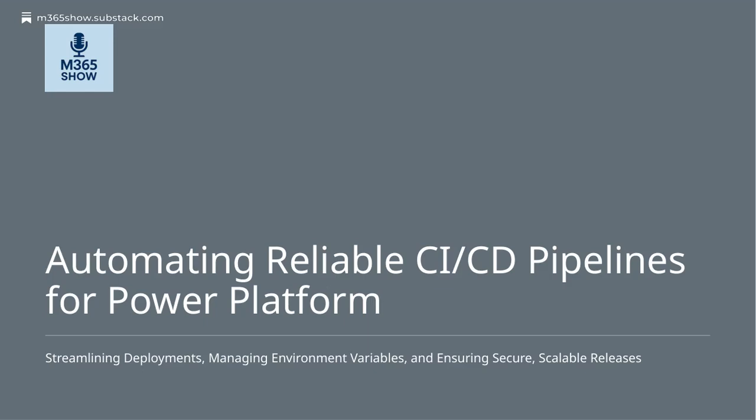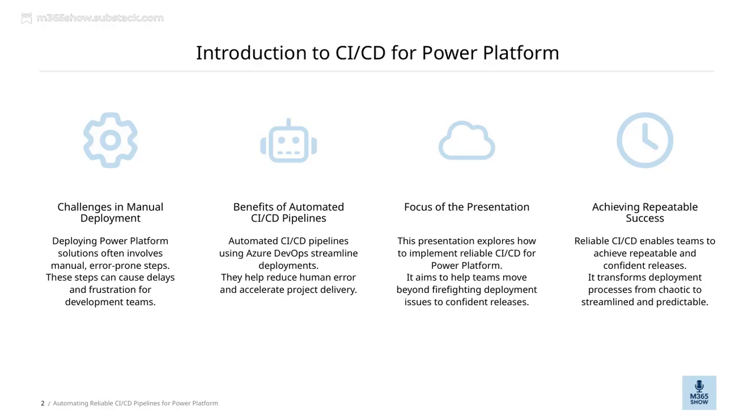Let's get started. Welcome to this section on automating reliable CI/CD pipelines for the Power Platform. Here, we're going to explore how implementing continuous integration and continuous deployment can really transform the way we deliver solutions. Achieving repeatable success with CI/CD means that our teams can make confident, consistent releases every time. It helps us move away from chaotic, unpredictable deployment processes and instead creates a streamlined, predictable workflow that we can